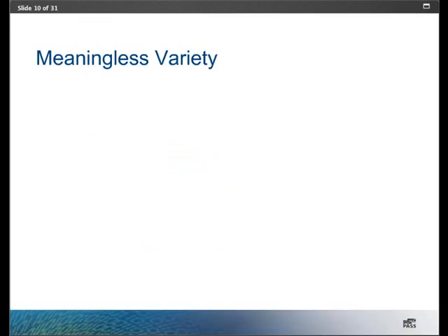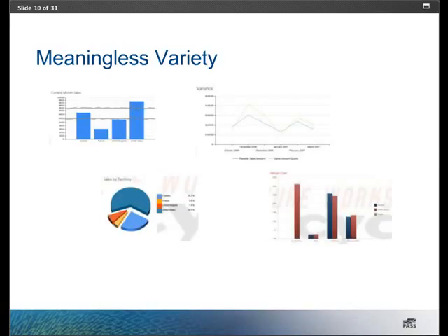Another problem is to introduce variety for the sake of variety. The use of different chart types can often introduce greater confusion than it adds in aesthetic value. It really requires more mental work to try to figure out what is the story with each chart and to figure out is there any relationship. And certainly if there were a relationship, it wouldn't be obvious when we're using different chart styles here. So it's better to be consistent with our use of color and our use of chart types and just live with being boring if our message is getting lost through variety.